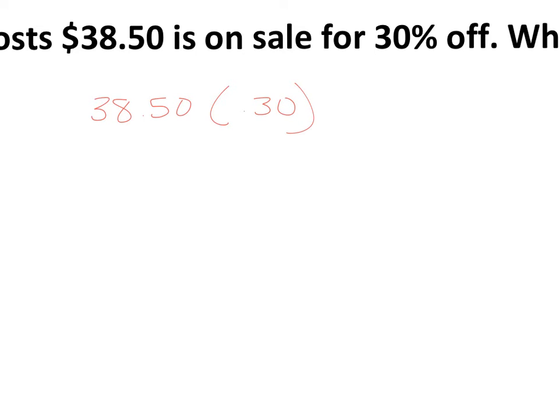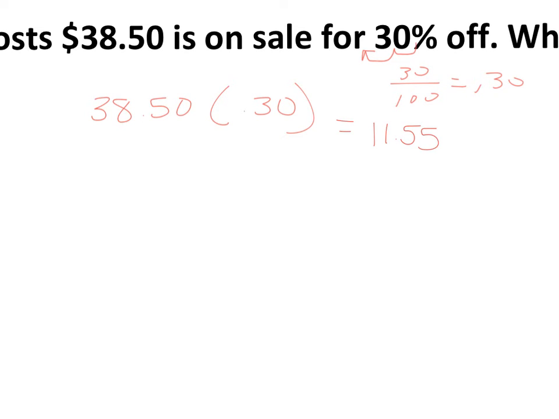Remember, with percentages you've got to move it over 2 spots because technically it is saying 30 out of 100. Percents are always out of 100, all right? So if you take 30 divided by 100 on your calculator, you get 0.30 or 0.3, or you can just choose to move the decimal 2 spots over. But that's all that's really going on. When we move it 2 over, we're really just dividing by 100, okay? All right, so let's figure out what this is. 38.5 times 0.3, we end up with